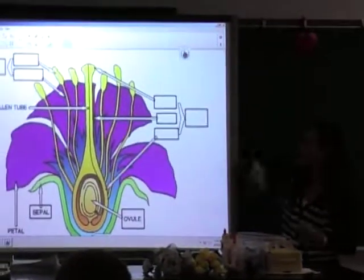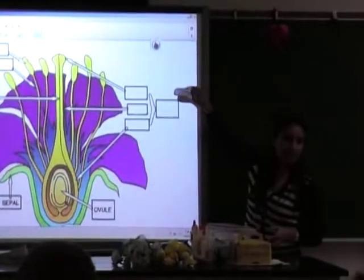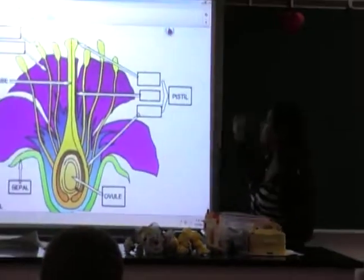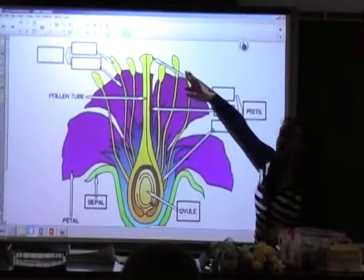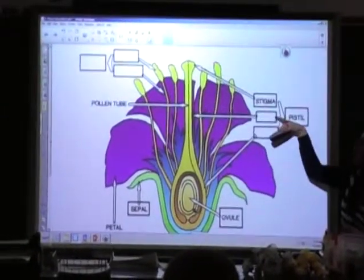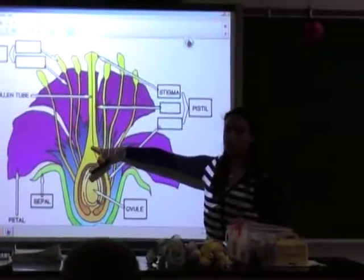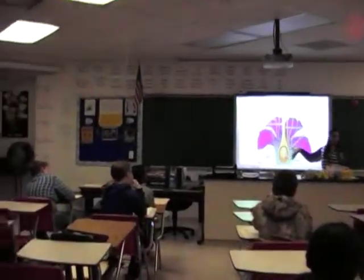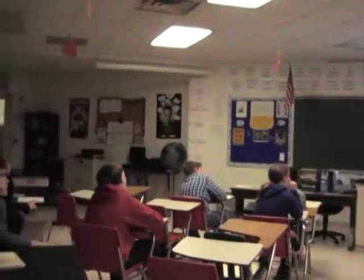Female. All right, so what's the whole thing called? Pistil or carpel. Good. Pistil. What's the top called? Stigma. Sticky stigma. In between is this long stalk, the style, and then the outer part that Aiden answered before, the